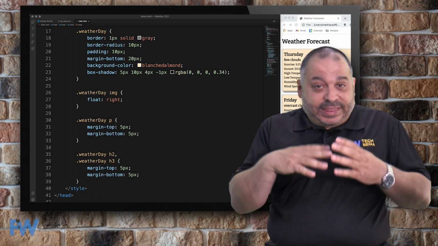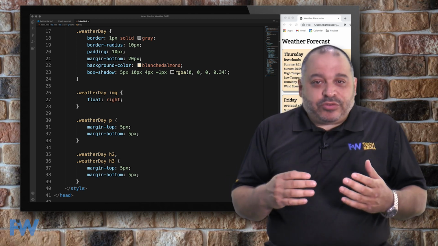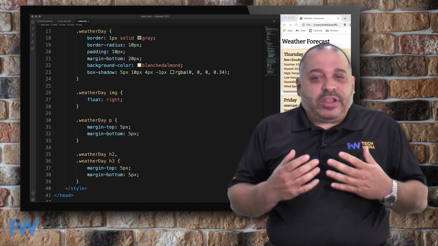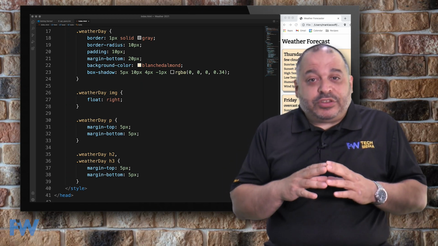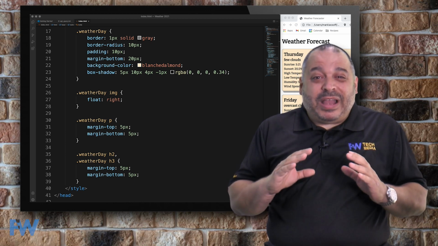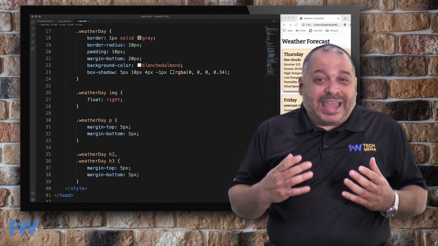So now that we've looked at the head section of our document, which contained our meta information, the connections to other scripts, and our styles, we're going to look at the body. The body contains the HTML and the actual JavaScript. You're probably going to be surprised that there's not much HTML here. Almost everything is generated dynamically.